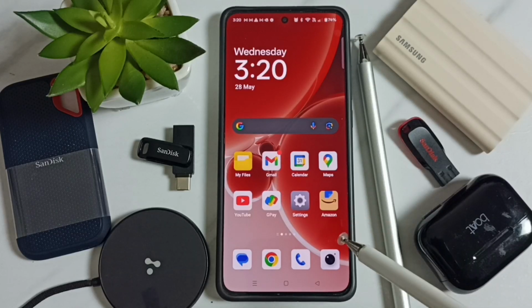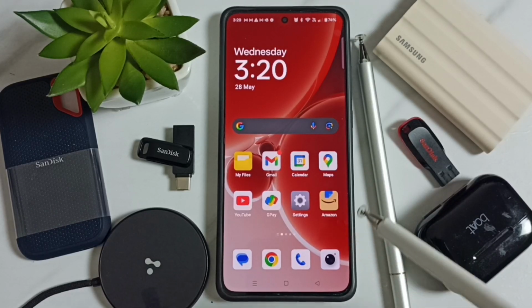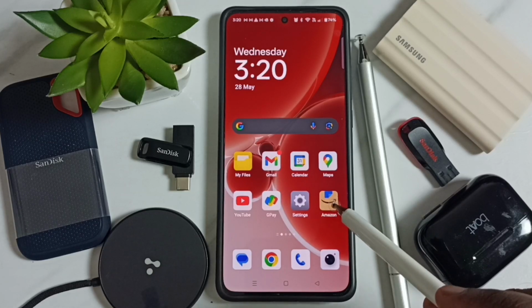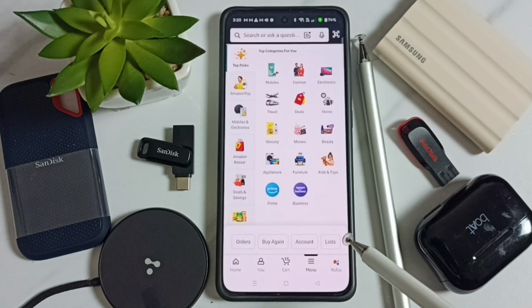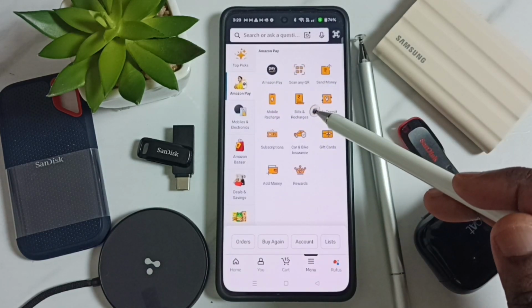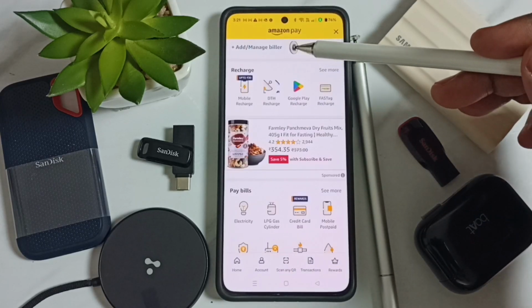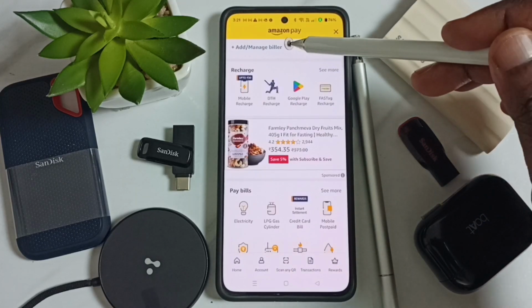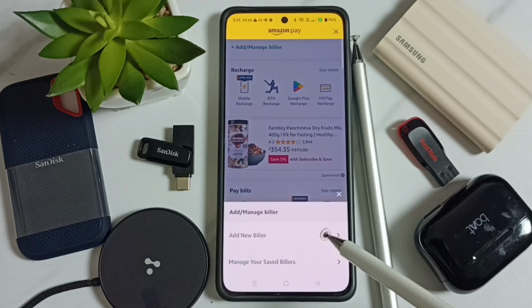Hi friends, this video shows how to add electricity biller in Amazon app. Open this Amazon app, tap on this menu icon over here, tap on Amazon Pay icon, tap on bills and recharges. Go down, here you can see add or manage biller. Tap here, tap on add new biller,